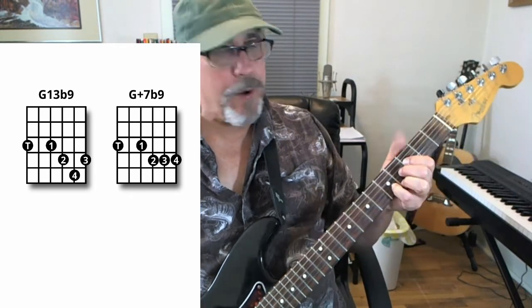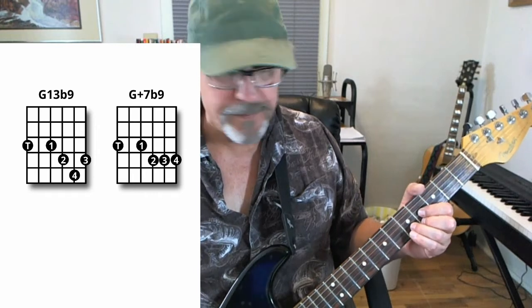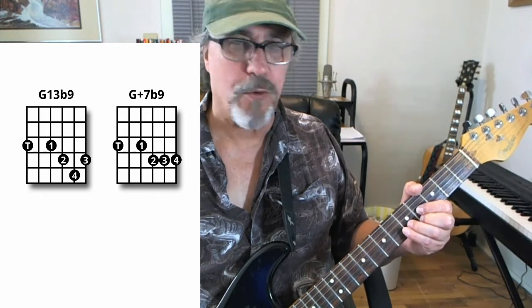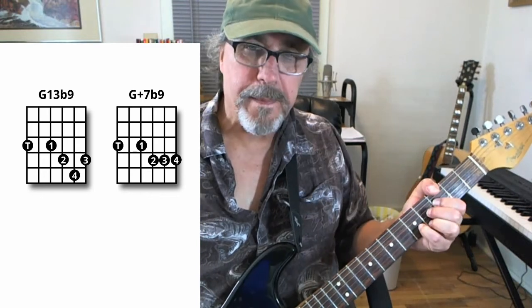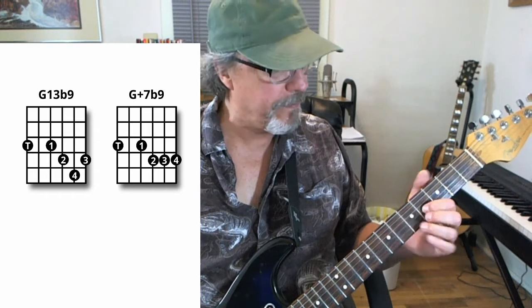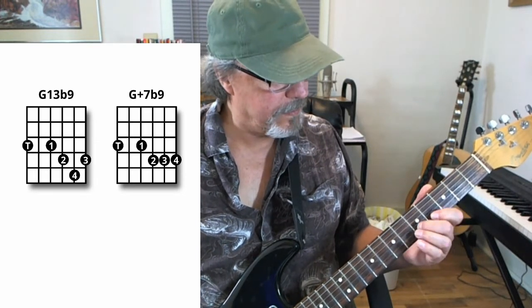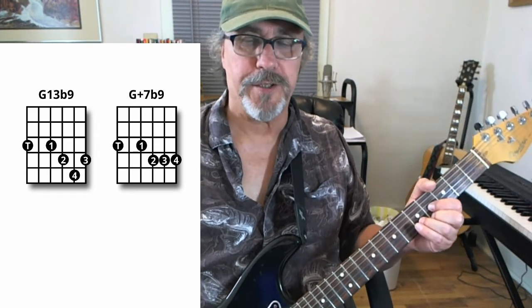And so the point that he's making in this book now is that we have this little D shape right here, which is an E. See that? You've got that little E chord right inside that complex chord. So if you were improvising a lead off that chord, you could use that little shape to improvise on. Okay, so